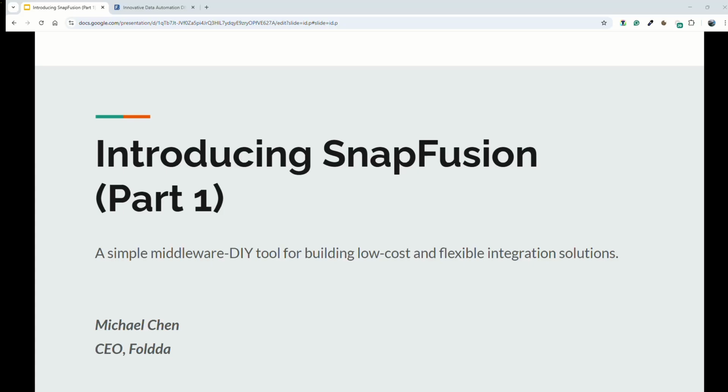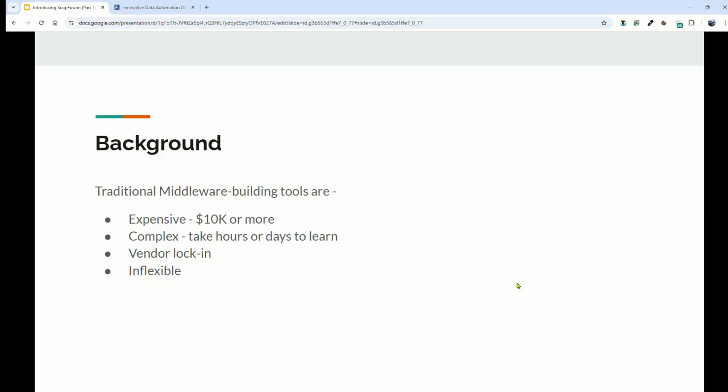That is, what are the problems to solve of today's mainstream and traditional middleware development tools. First of all, these tools are normally very expensive. We're talking about $10,000 if not more. And because they're expensive, they are normally complex. They have a lot of modules to learn, and you have to spend a lot of time to train your people